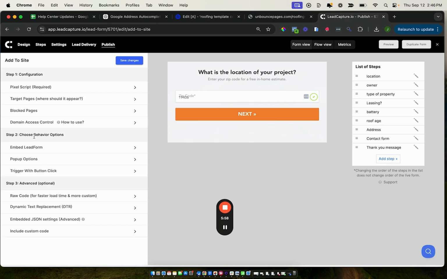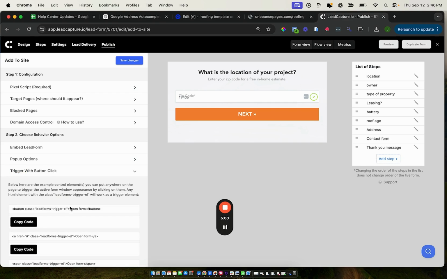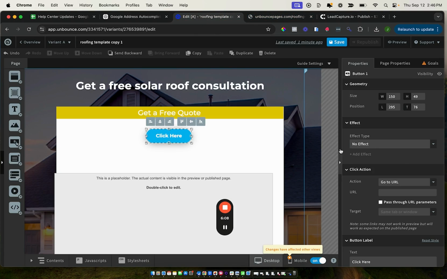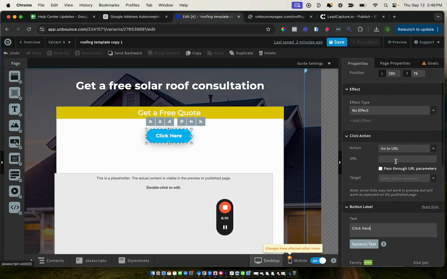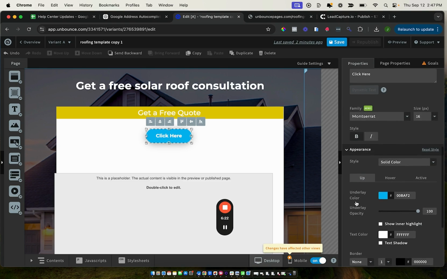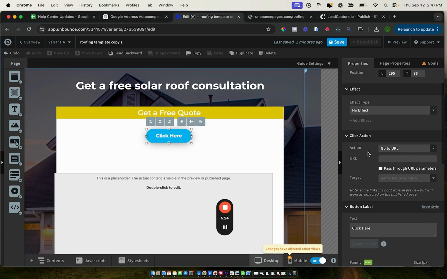Step 2, choose behavior options, trigger with button click. And all we need to do is grab this class here, leadforms-trigger-el. So we'll copy this, we'll go back to our button inside of Unbounce, and we're going to go all the way down to the bottom to the custom class section, and we'll just paste that class in. And there's just one more step. We're going to go up to the URL, and we're just going to set the URL to be a hash sign. Click Save,